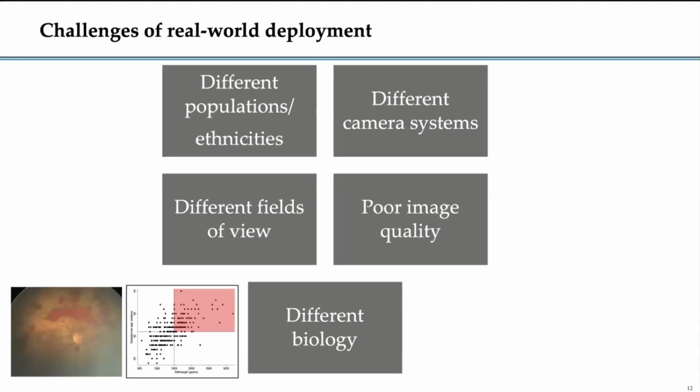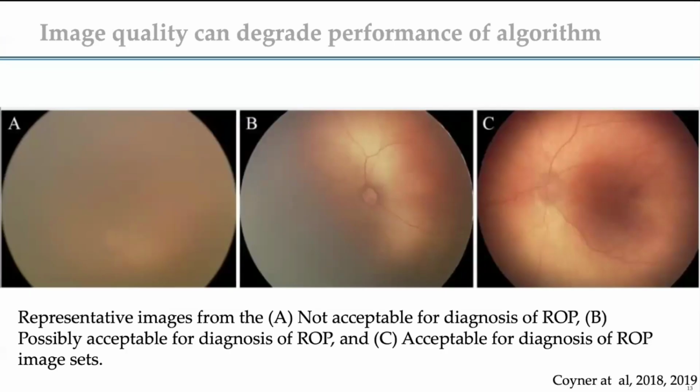Because of the biology of the disease and the interaction between the oxygenation and so on, what we find is in places that have potentially insufficient quality in place for how to deliver oxygen, we might see heavier babies with more severe disease. This is not something that one might see in the US population, but as we think about applying these more globally, we notice that the disease itself might be different, or even the screening criteria might be different. So thinking about how to make your algorithms more generalizable throughout is important.